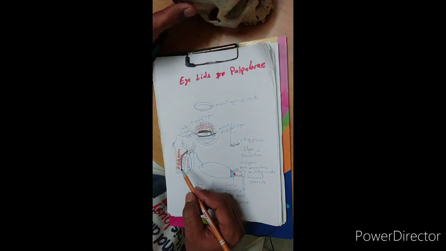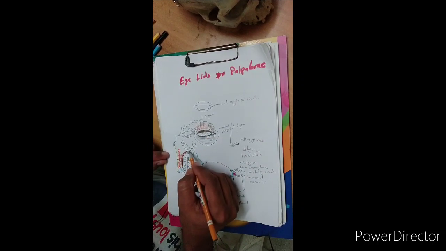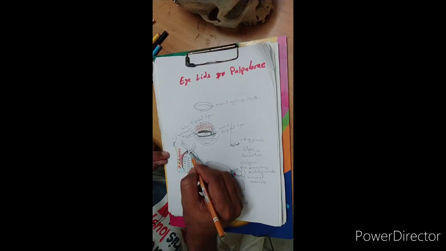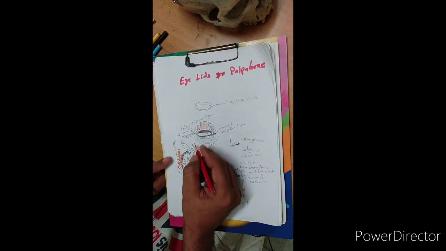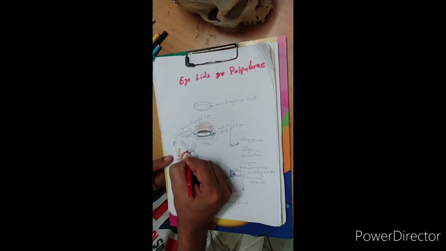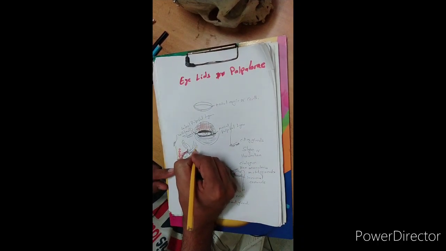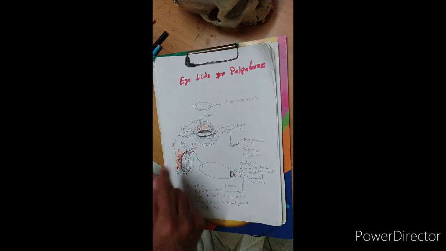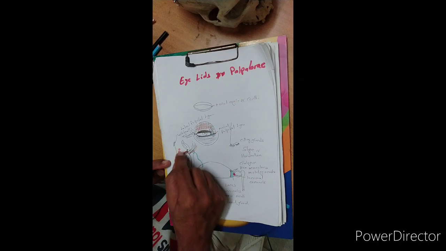Clear? So this is how this septum continues as the tarsal plate, and this septum, I told you, is pierced by the levator palpebrae superioris along with the nerves and the blood vessels which come from the orbit here. These are the artery and the nerve which pierce the orbital septum and then supply the skin and the muscle of the upper eyelid. Clear? So this is how the tarsal plate is formed here.